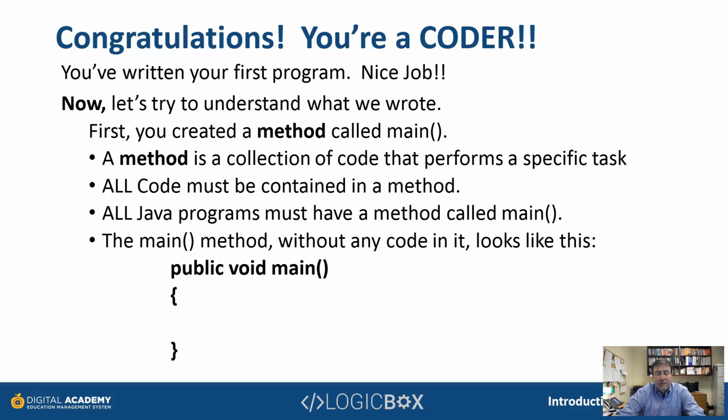This is one of the questions on your worksheet, so if you're filling that out as you go along, you can stop and fill that in right now. All code needs to be contained in a method, and all Java programs must have a method called main. The main method, without any code in it, looks like the example on the screen. Public void main, 2 parentheses, and then an opening curly brace, a couple of blank lines, and a closing curly